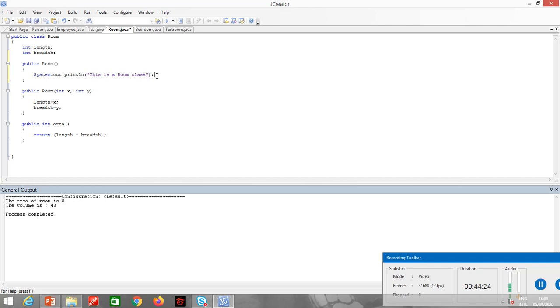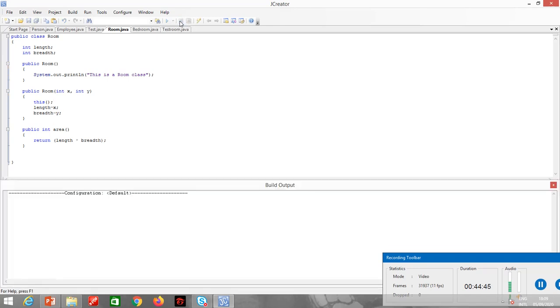Alright, and I write over here this. So this statement will call the constructor of the parent class. This constructor will be called first and then the values will be initialized.